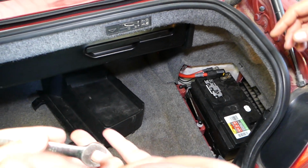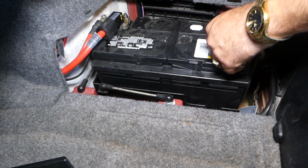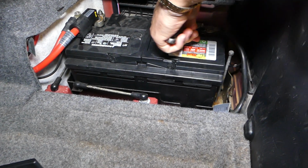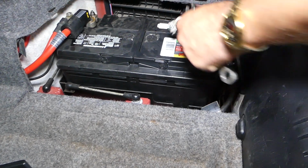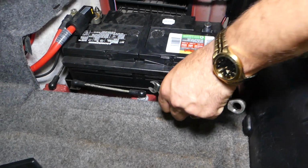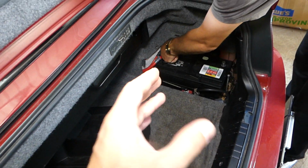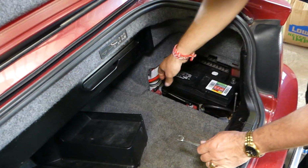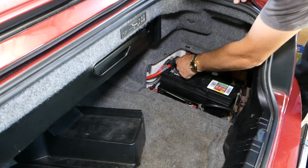So 10mm wrench guys, and the first cable that we need to disconnect is the negative cable. Very important how you do it guys. Okay, negative is disconnected. Now we are going to disconnect the positive. What I would recommend, after you disconnect it, wait at least 30 minutes guys before you remove your BCM, body control module, so the system can